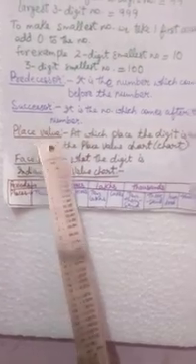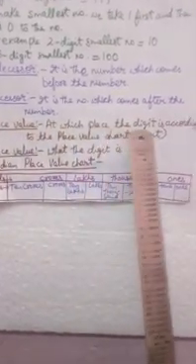Now place value: at which place the digit is according to the place value chart. To find the place value of the digit, you should know the place value chart of the Indian system and the international system also. In whichever system the number is written, you should know the place value chart of that system.